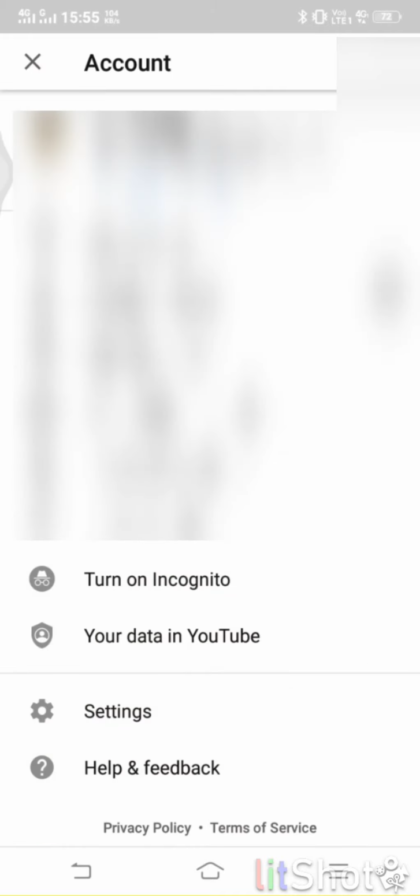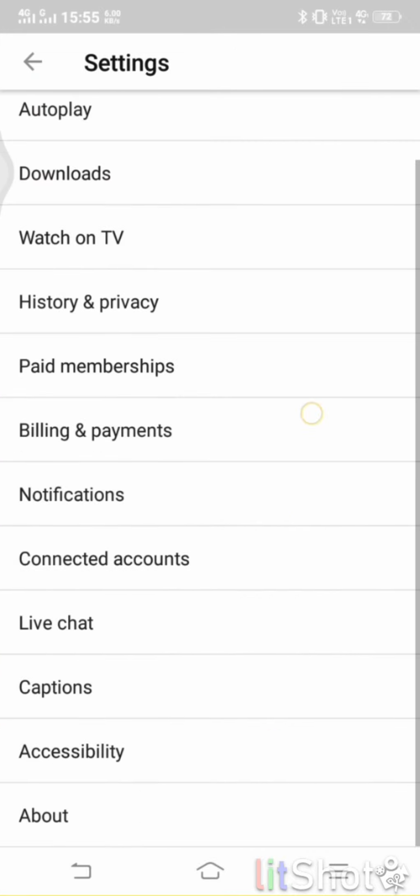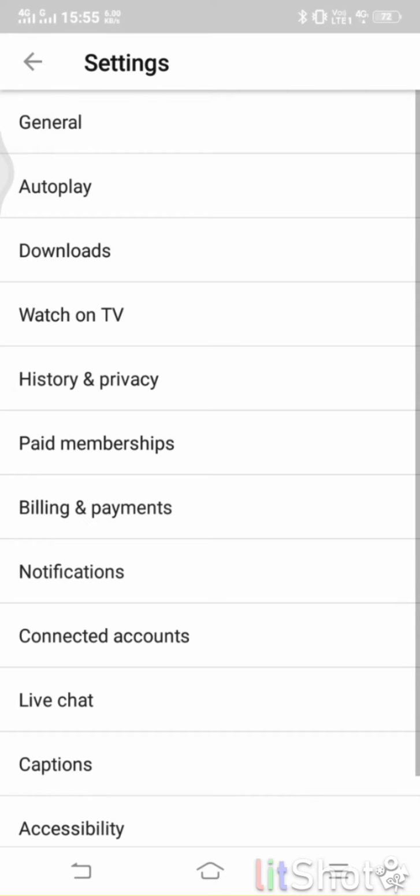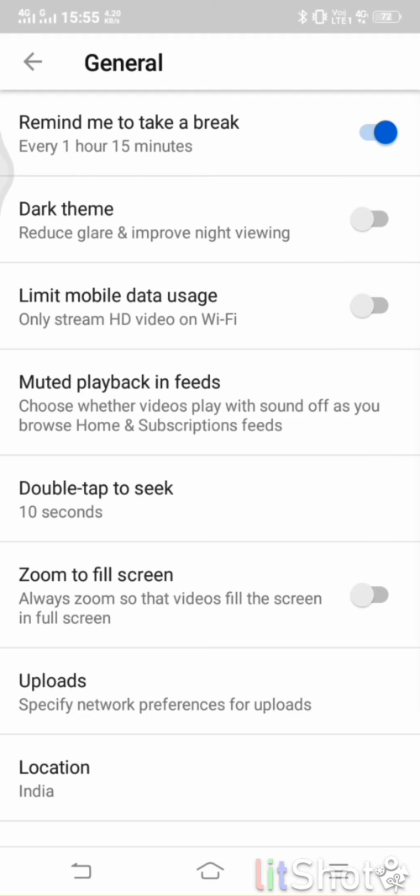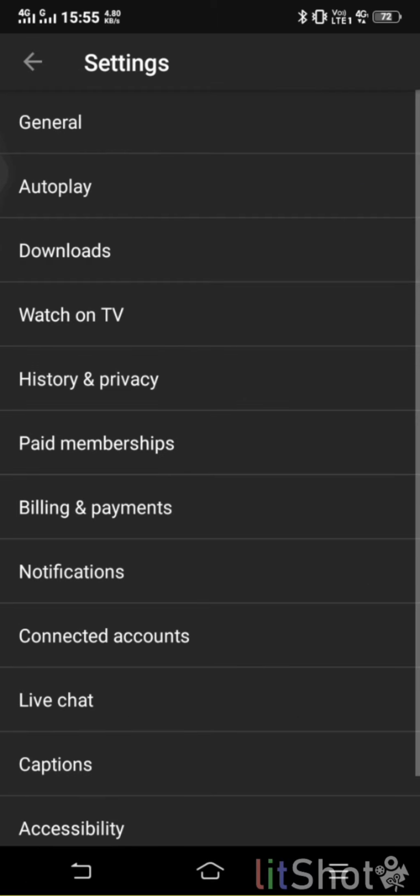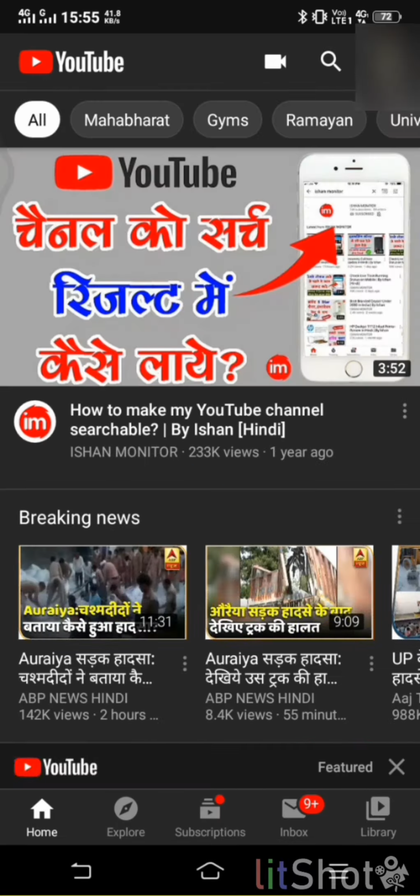First of all, settings. Now you can see the setting option here. Yes, this is the setting option. So tap on the settings and you will reach the first option, and then tap the first option, that is general. Here you can see on the second option that there is a dark mode. So you should turn on this, and then yes, you can see it. We are in dark mode. This is the darkest mode.